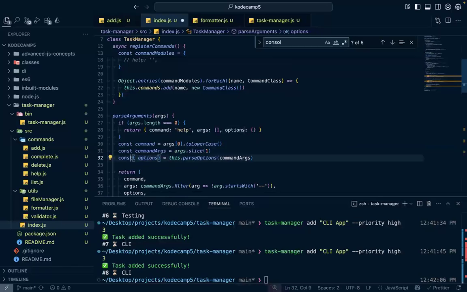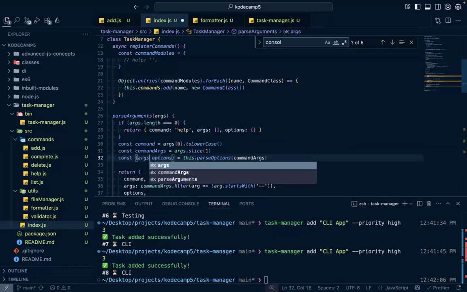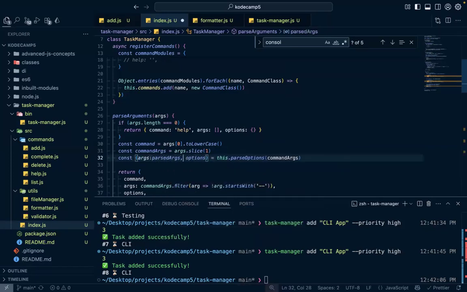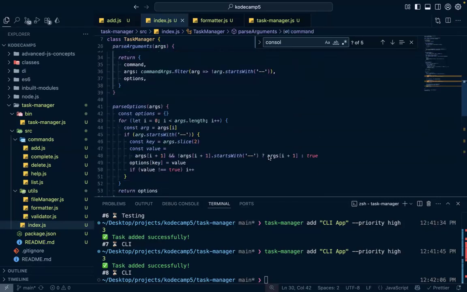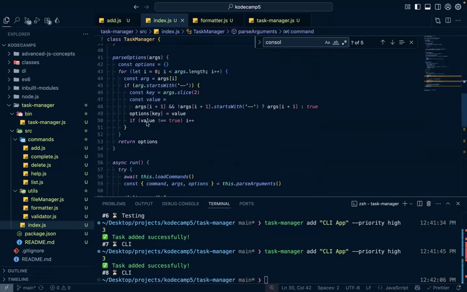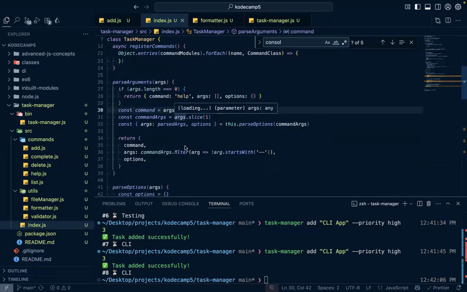This should be an object. Const args, and then we can change this. Okay, let's say passed args, and the options is equal to pass options command args. And then we return command, args and options. We have a command here, the args and the options. So the pass options here is returning options. And this options is actually an object of key and value. Okay, so now that we've passed this,